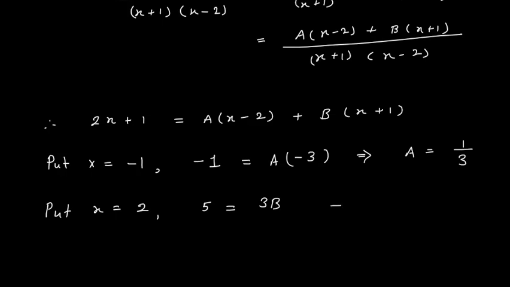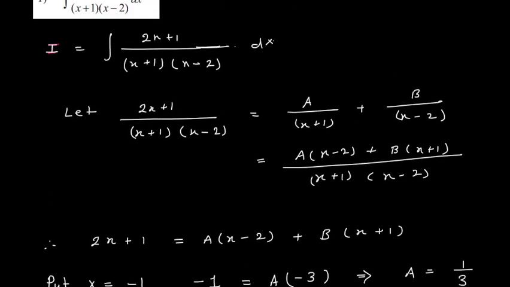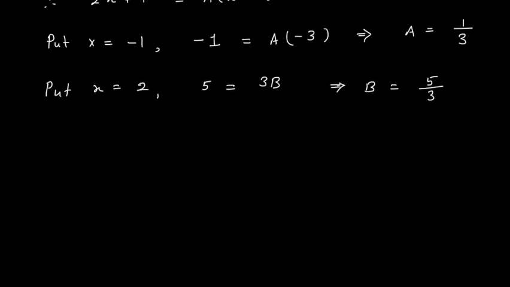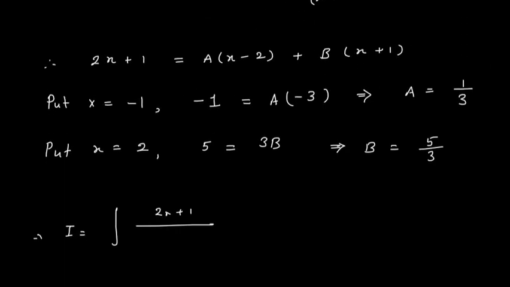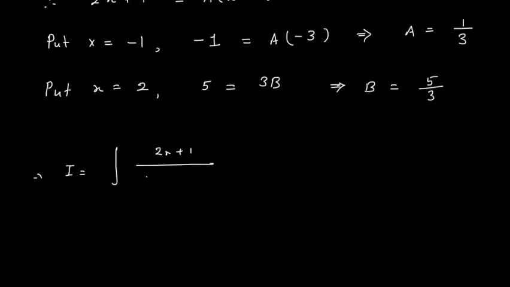So phi equals 3b. From here we will get the value of b as 5 divided by 3. So the value of a is 1 divided by 3, and the value of b is 5 divided by 3. Now I can say that, therefore, our integration I, which is (2x plus 1) divided by (x plus 1)(x minus 2)